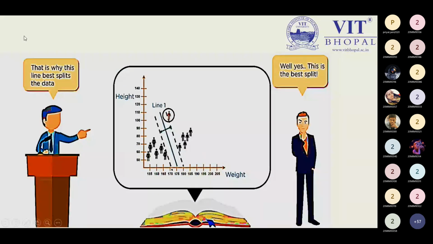So this point is clear right now. Why have we chosen line 1? This is a point which is required to understand. Okay, good. That is the important point we have to understand: why we have chosen line 1, because the only reason is